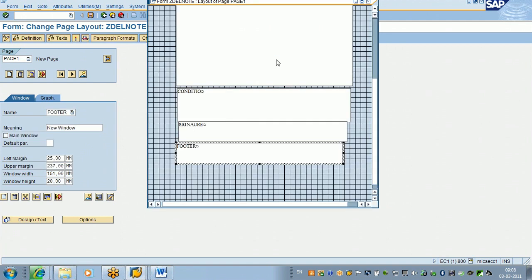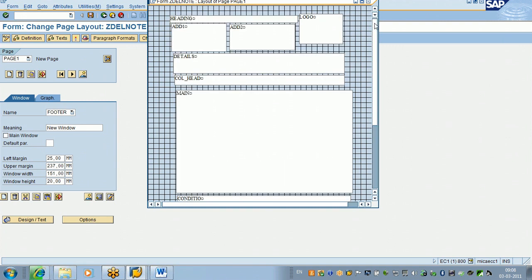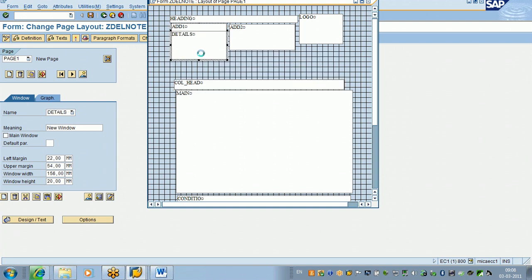Fine. So now you have created the windows. Now you have to know how to align these windows. Aligning these windows means, see,